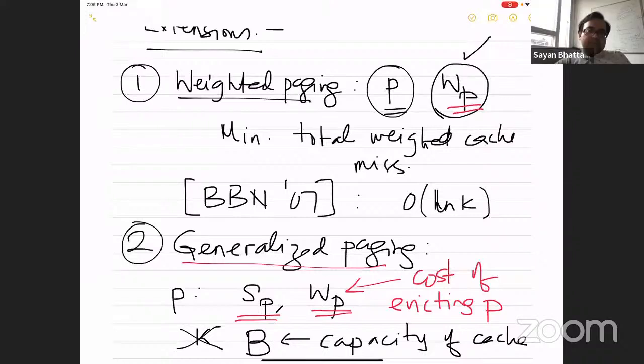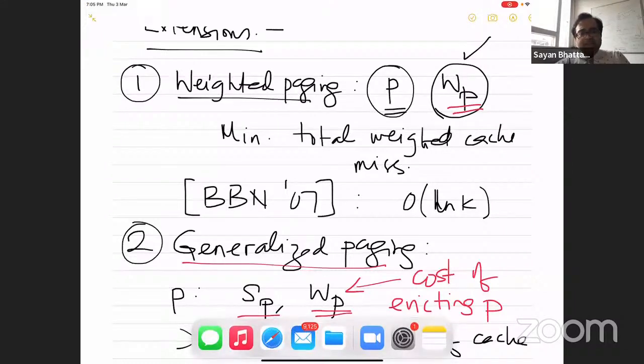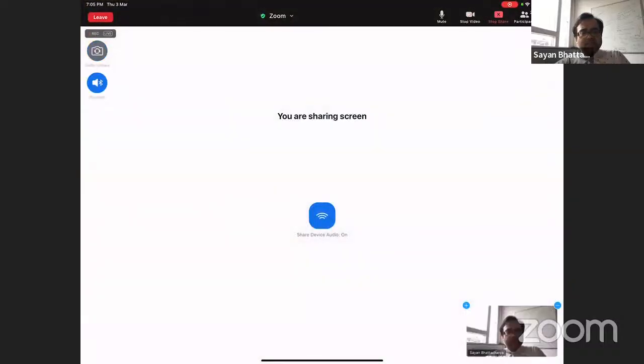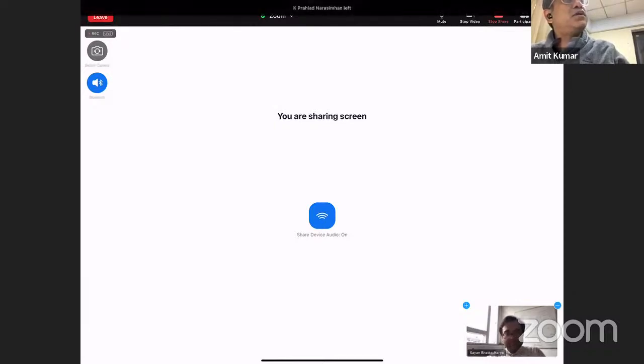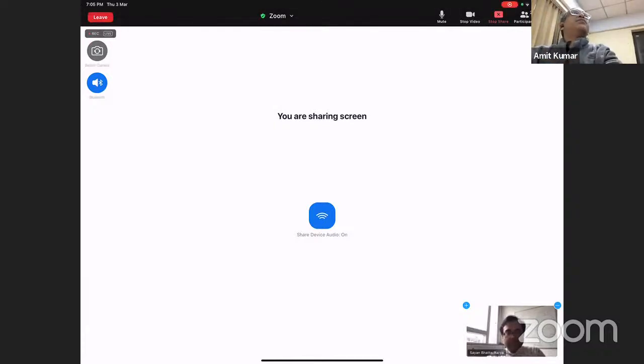Okay, because what I was thinking was, if you allow for recourse, then I can see that there might be a distinction. But without any recourse, just in the classical competitive setting. Right. Recourse doesn't make sense here because if you evicted a page, that decision is done. I can't go back and change it. So in the context of paging, I guess you need an oblivious adversary here. That's my feeling.